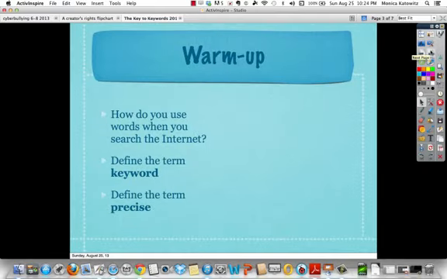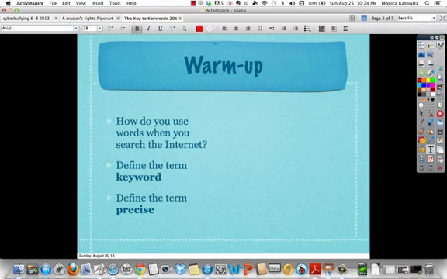Now, we're going to start a warm-up. How do you use words when you search the internet? Well, hopefully you would use what we call a keyword into a search engine. Well, there's another word that might be